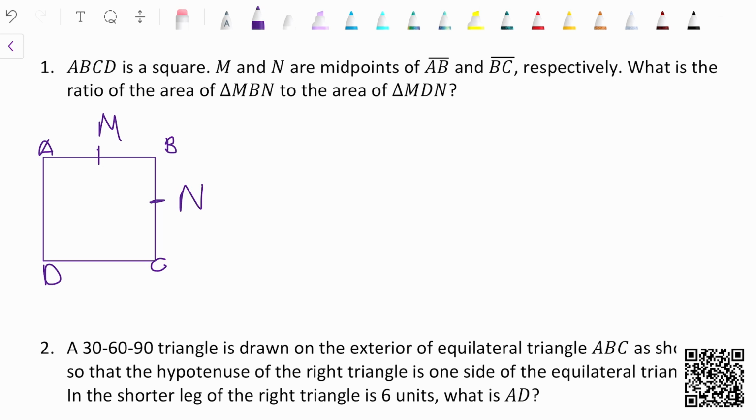So MBN, this triangle, to the area of MDN, like so. As you probably know, a triangle's area is equivalent to the height times the base divided by 2. In both triangles, they share the same base, which is this line. And you can see that the only different thing they have now